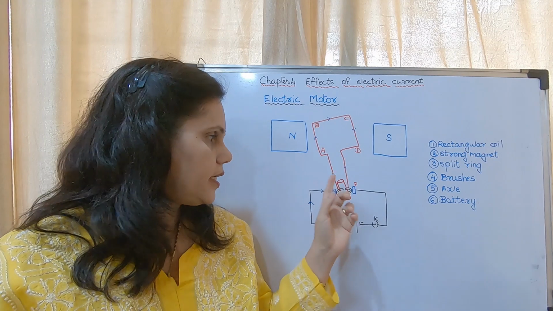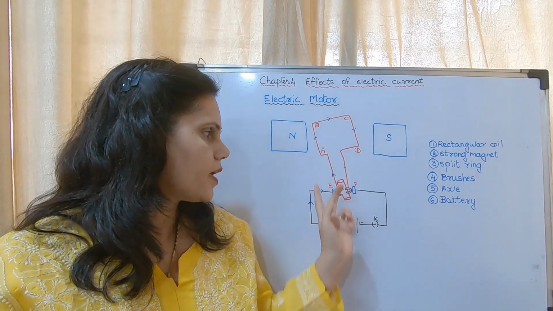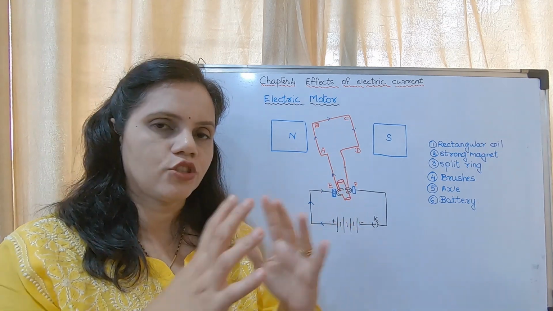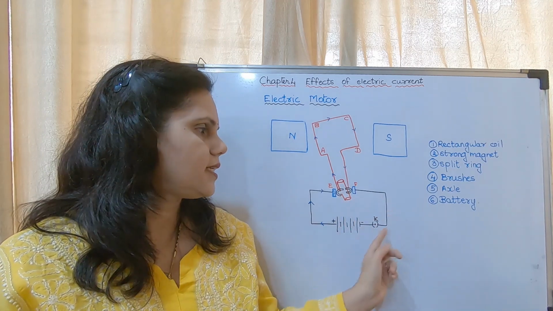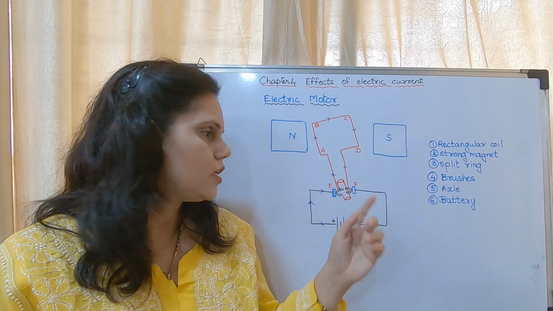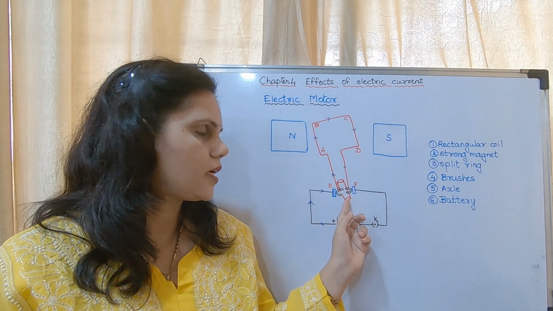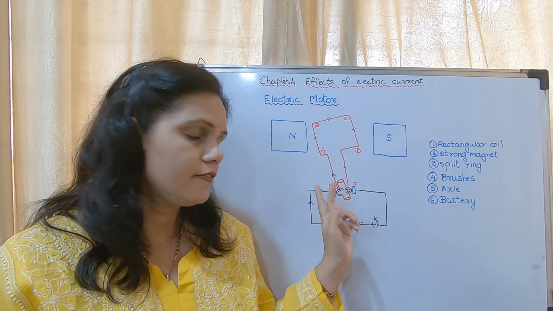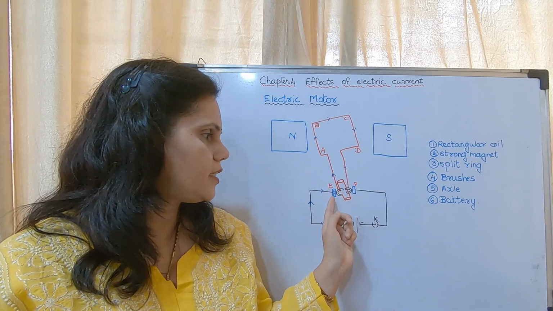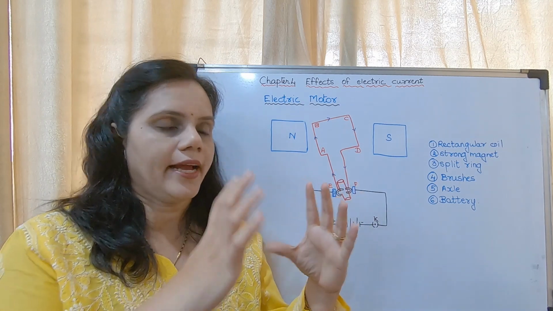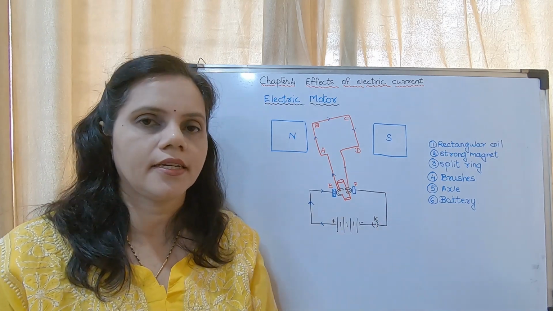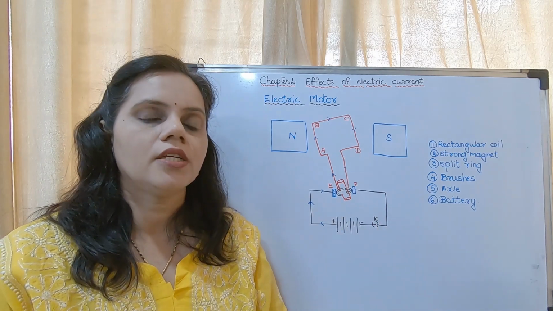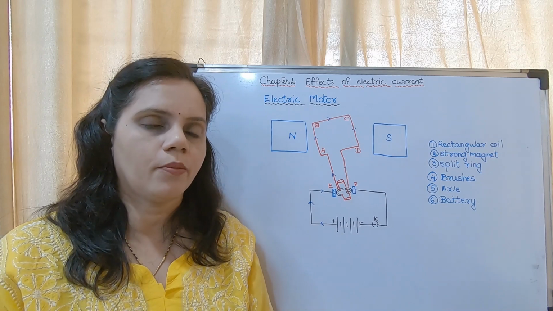So this setup and this setup, the wires, they should be free from each other. This is going to move, this does not move. So this is connected to a particular surface where it can move, and this brush is just a contact between the coil and the conductor and the current supply. So that is the working of electric motor.